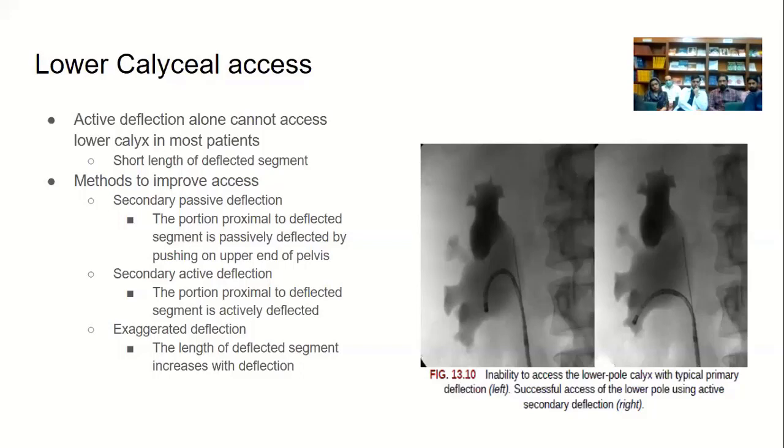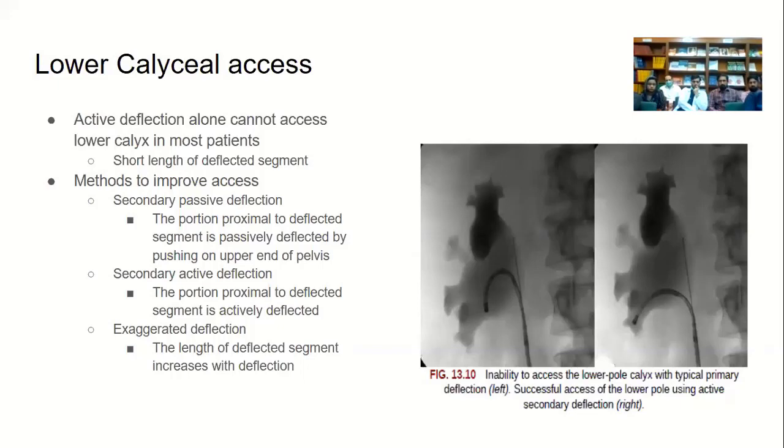Actually, there is a lever at the distal end of the flexible ureteroscope which carries out all the movement. The active deflection is carried out at that lever. However, in passive deflection, we only tilt our flexible ureteroscope a little bit and then push the scope distal to our lever to touch the pelvis. In this way, we get secondary passive deflection.